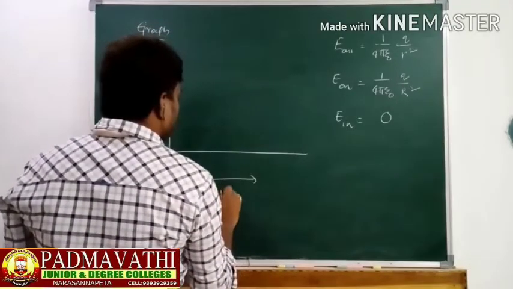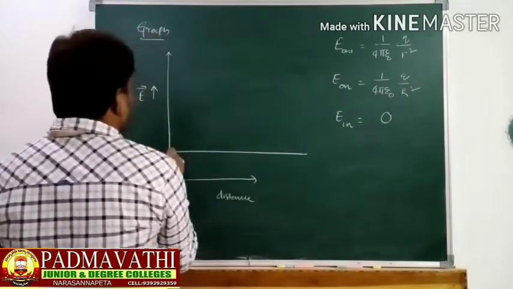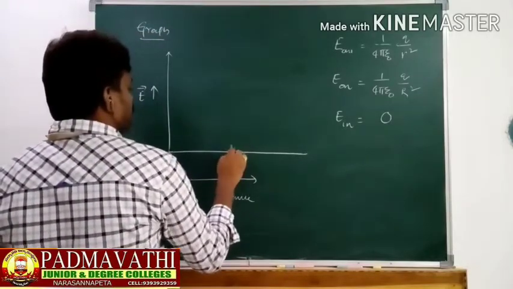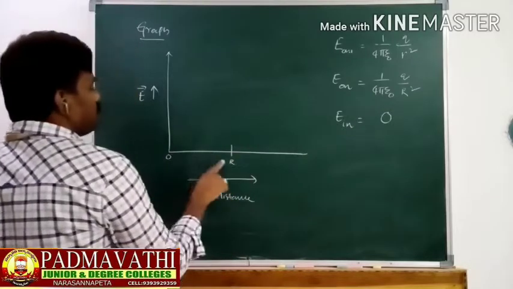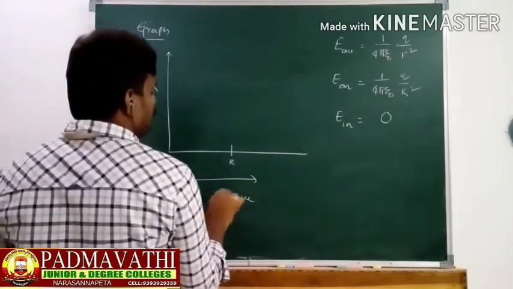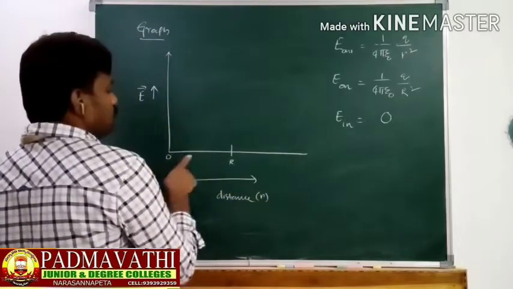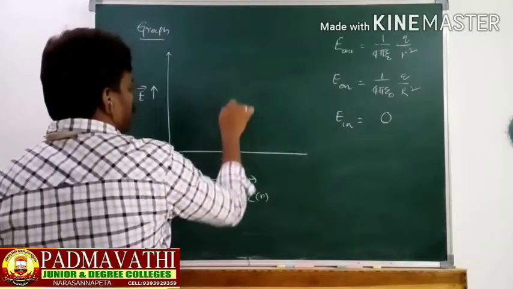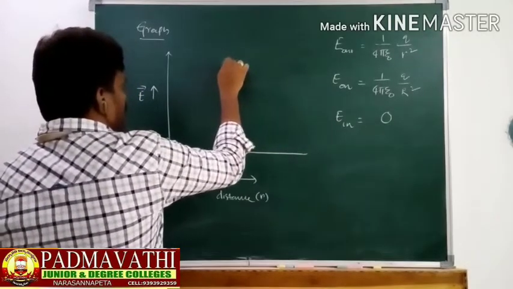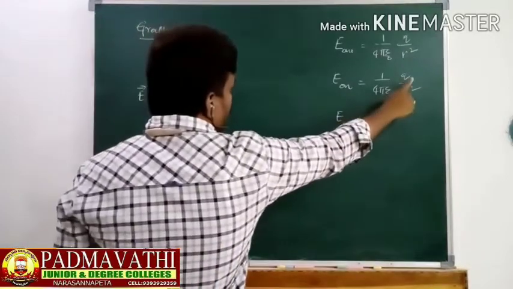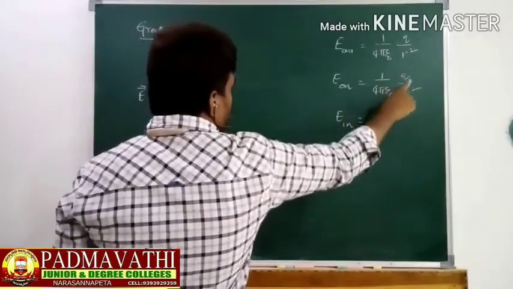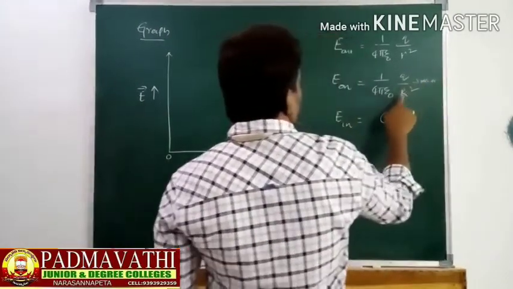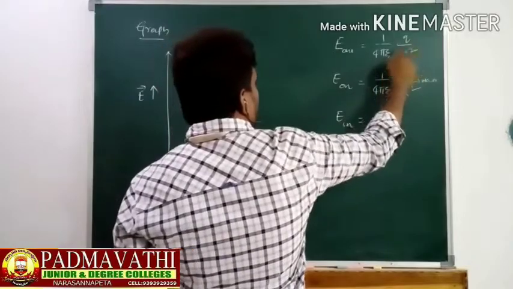You can write that this is the distance from point O, that is, from the center. So now this is the distance. Let us take this as exactly capital R, the radius of the shell, and after that R is going to vary from 0 onwards. First of all, at R exactly, the field is going to be 1 by 4 pi epsilon naught Q by R square, which is going to be the maximum value. And if R increases, the denominator increases.